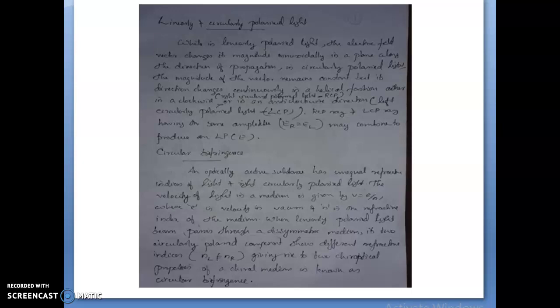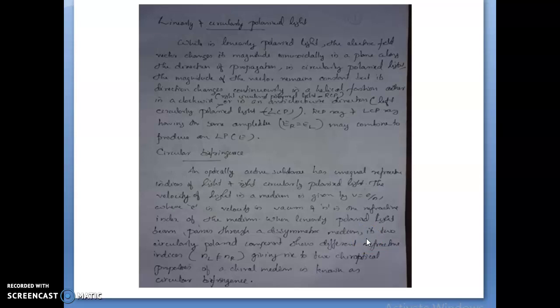It is known as circular birefringence, arising from unequal numbers of molecules. Two circularly polarized components of light show unequal refractive indices, and the velocities of these two components also become different. That is, one of the circularly polarized components passes through the optically active medium more slowly than the other. Here you can see clearly that V = C/N. If the refractive index is different, then the velocity will be different in the medium for these two circularly polarized lights.